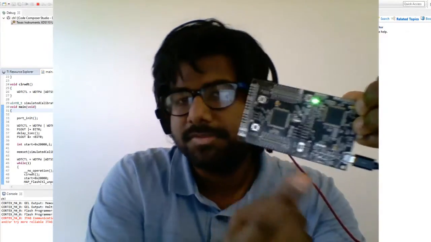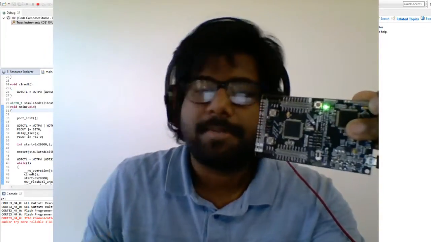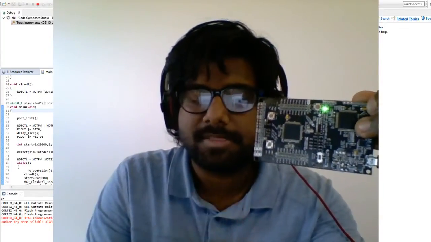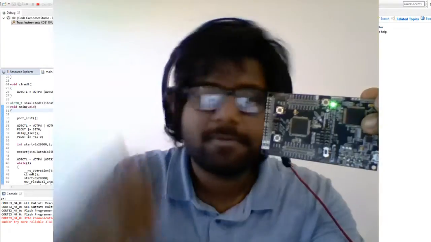Yeah. So now we can see that after 1 minute, the green LED has lit, and it has moved back to the beginning of the while loop.